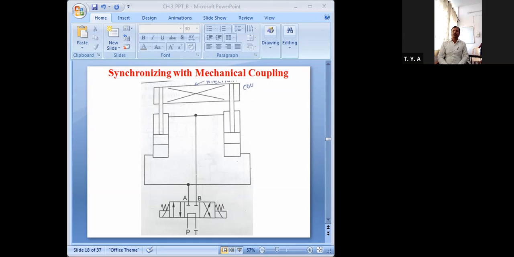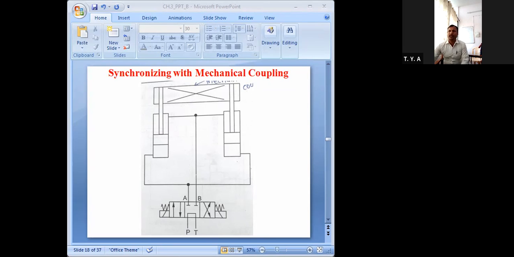Okay, and how is this synchronization achieved? With the help of a 4x3 direction control valve that I have used. Then here two hydraulic cylinders I have taken. Okay, and they are connected in series. Okay, and here also mechanical link pistons are there. You can see here the mechanical coupling.